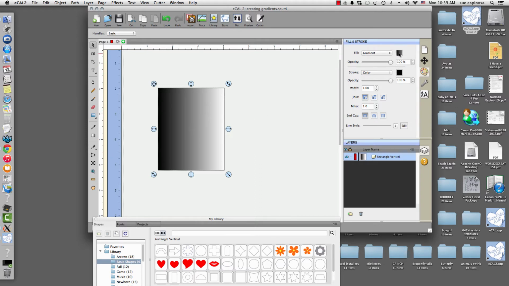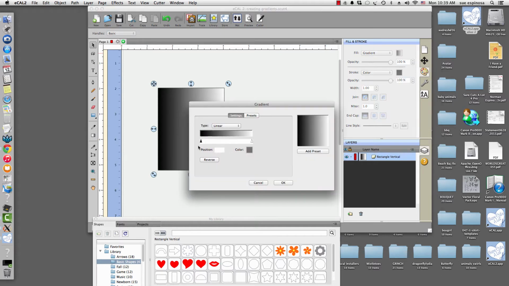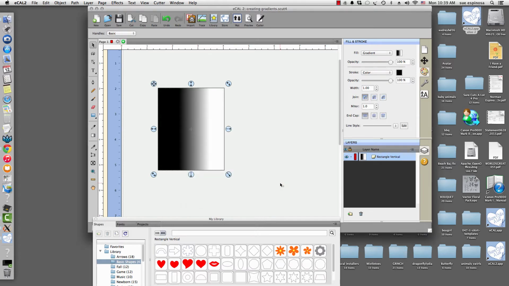You pick on the image, and you can see that you have color bars. This one's black, and this one's white, and they're movable so that you can adjust where your gradient bars are going to look. You press OK and you get a picture of it. But I'm not interested in black and white today. I'm interested in color. So we're going to click on this,